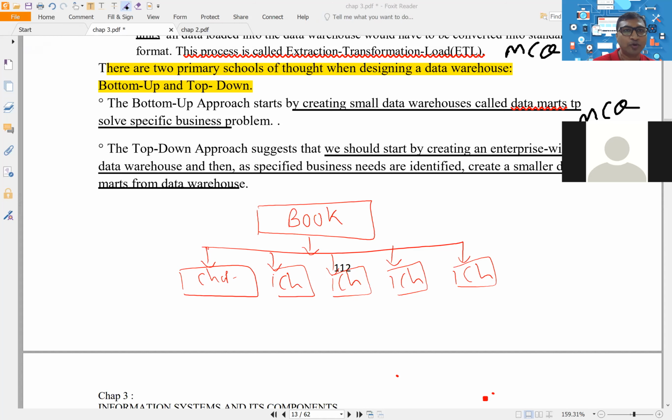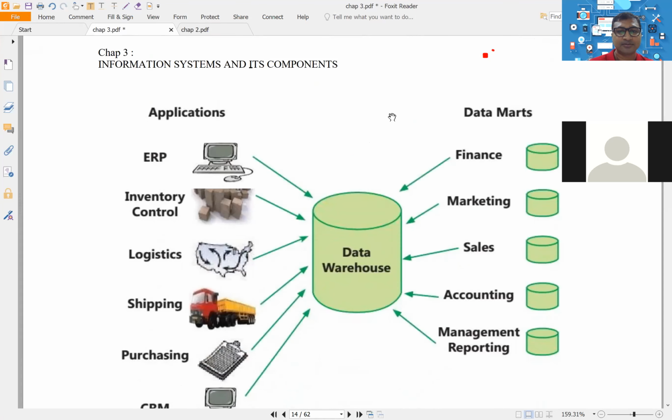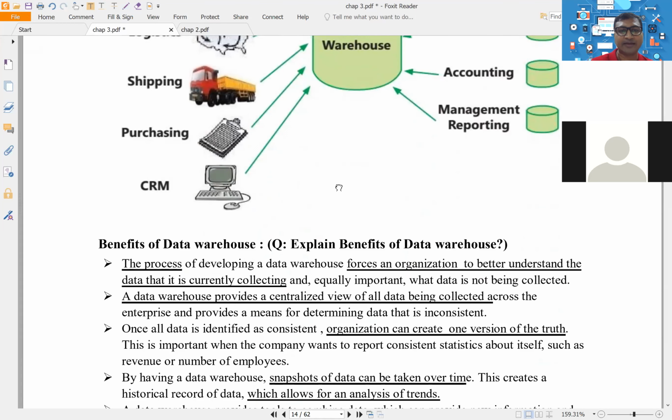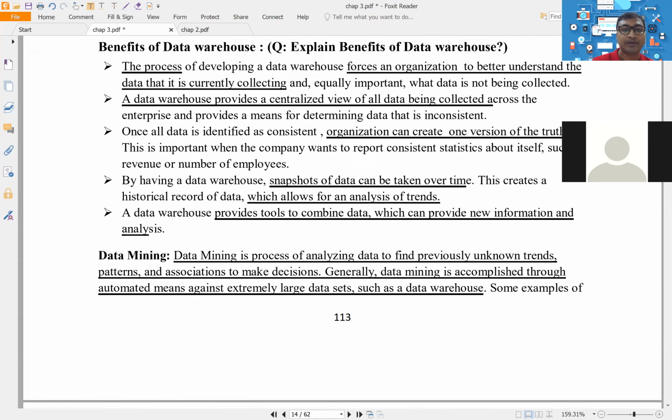So when you create a book and then chapters, it is called top down. But if you create the chapters first, and then you go for creating a book, then it is known as bottom up approach. Okay, so this is what we have done for this concept. Now after this, there were benefits of data warehouse which you can study, but then the next concept